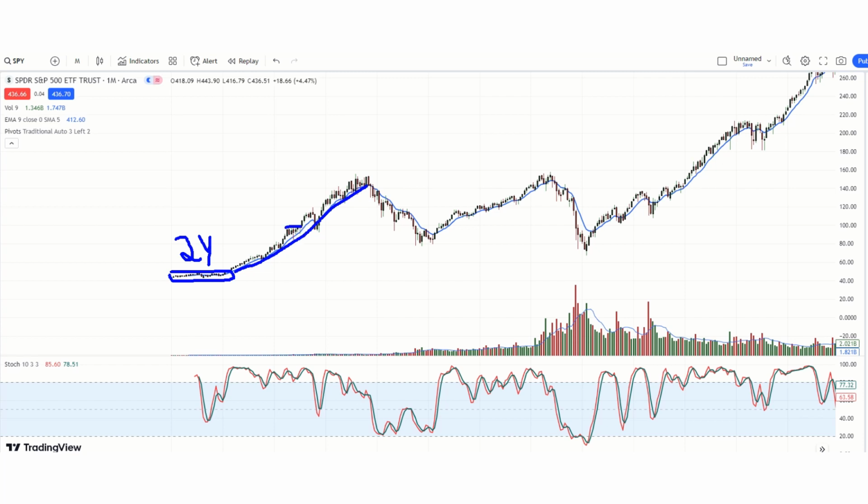Then we had a sideways consolidation right there, and that was July of 1997 all the way to January of 1998. So a 6-month period there. We went sideways, we came back, and then we had a correction. This is not a crash. This is a correction right here where I'm circling. That started in July of 1998, and then ended around September of 1998.